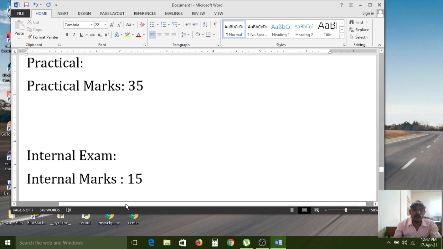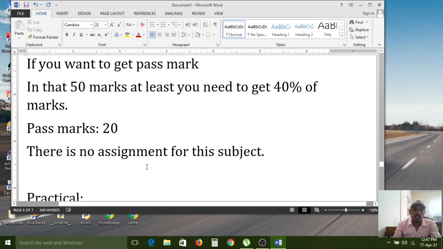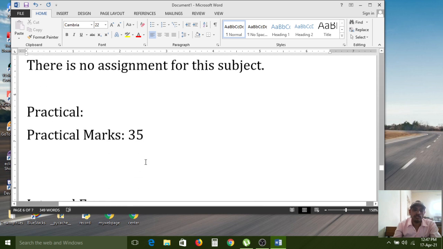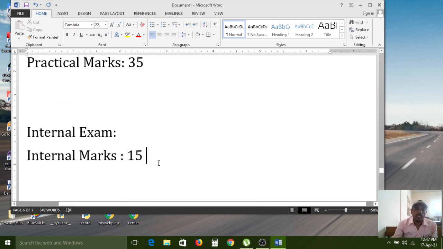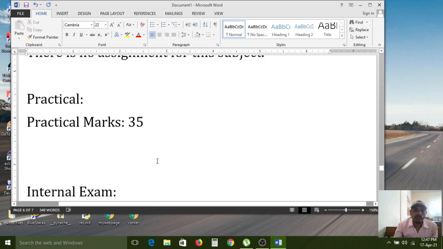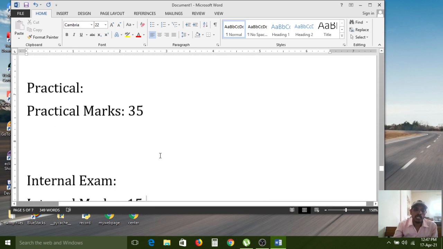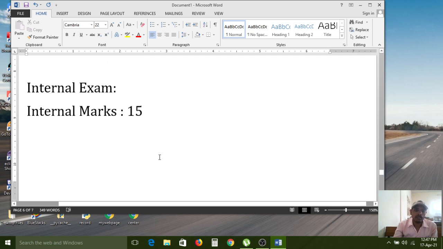So total 35 plus 15, 50 marks. So practical and internal marks are 50 marks and theory marks are 50 marks. Understand? So this is the course pattern.